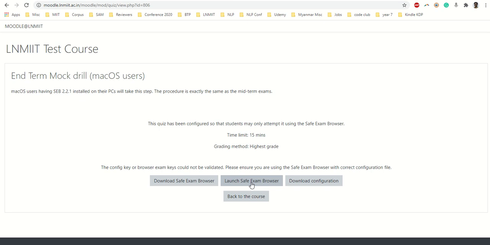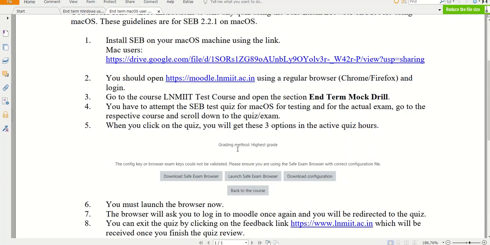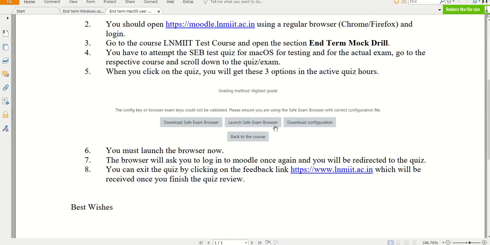It will ask you to log in one more time and you can simply start taking your exam. Take the exam, complete the exam. There will be a feedback link. Click on the feedback link and get out of the exam. Okay, that is the same process. So Mac OS users, you will get these three options and this is the process.